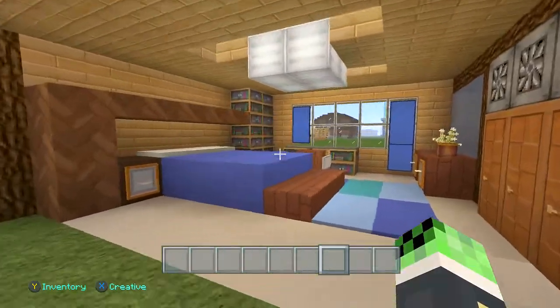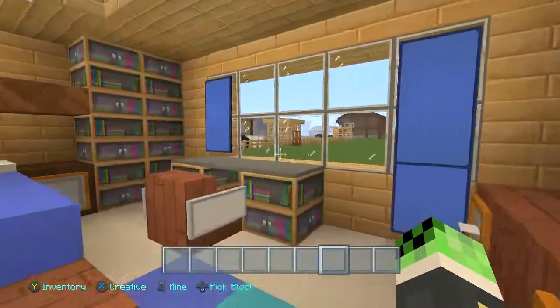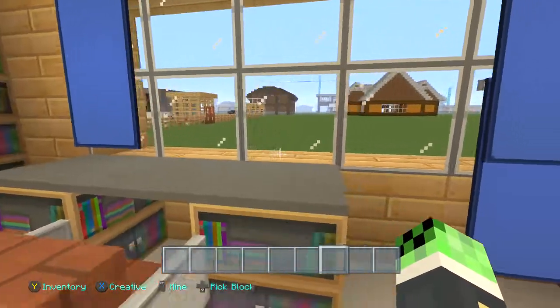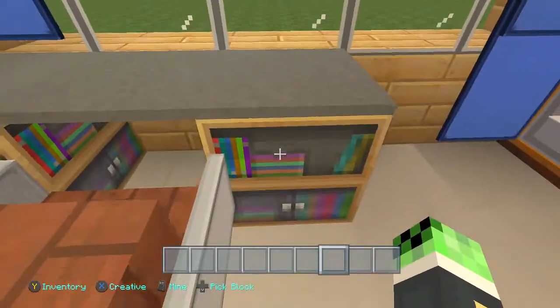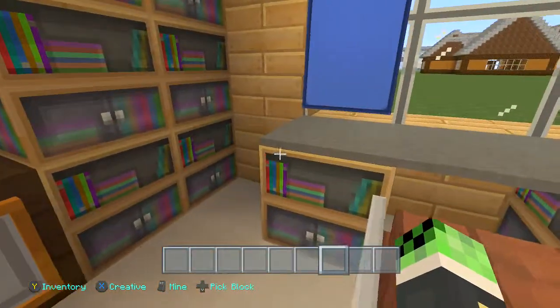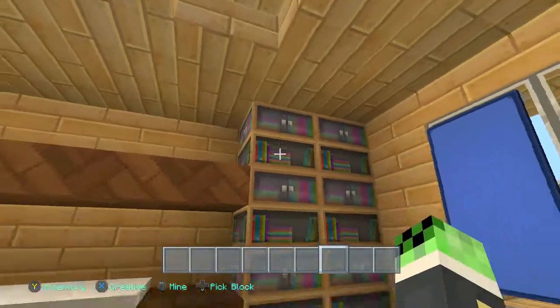So the first bedroom we've got is a nice, steady design. I try to keep it nice and open and bright. As you can see, we've got a nice big window over here with a nice little desk. For the desk, I just laid some string underneath with two bookshelves on the sides and laid wool across the top. We have got a little bookshelf off to the side here also